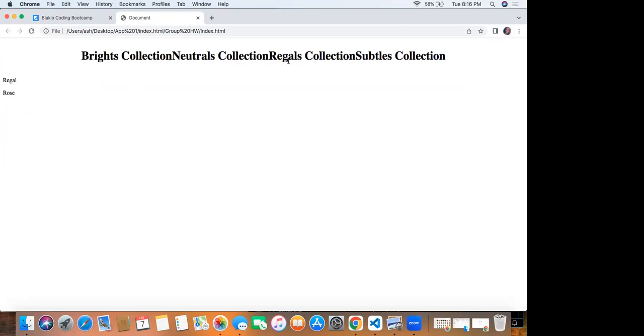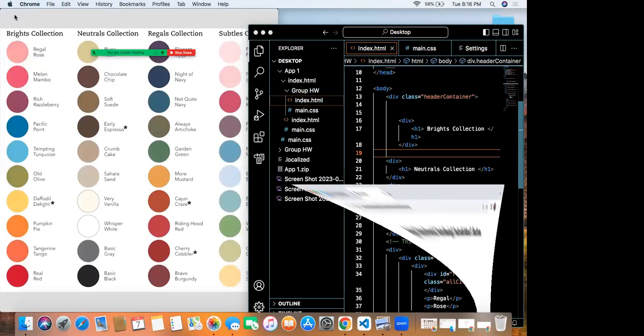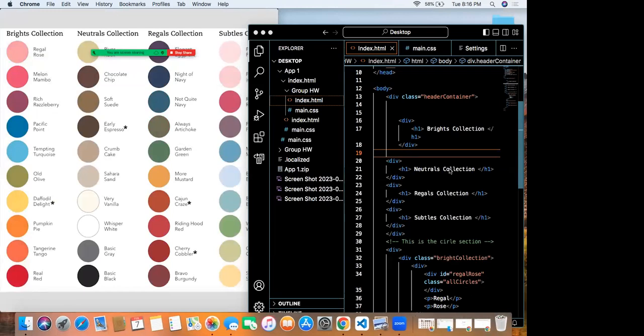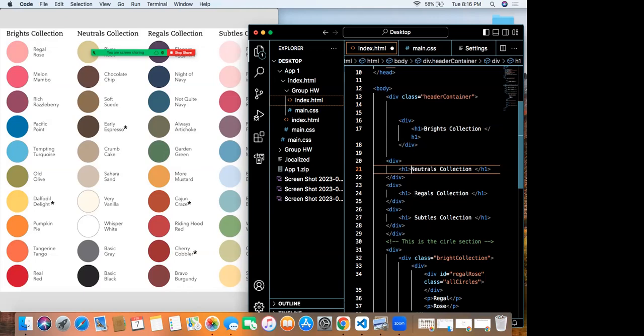This has some spacing issues. Anybody know how to fix that, the spacing in this? I don't know why that would be off. Do you have spacing in your text? Would it be something in CSS that's making it not spaced properly? I think it might be in your HTML where you have like H1. You see how you have space in between the H1 tag and the text? Try to fix that for all of them. That might help, and also for the ending tags.